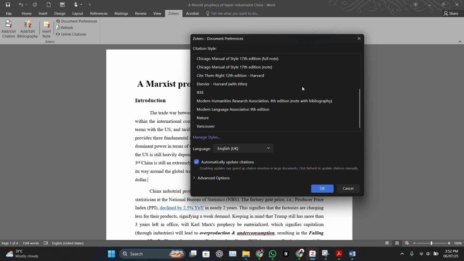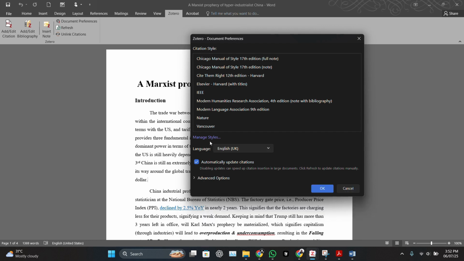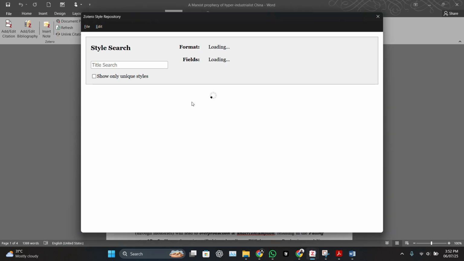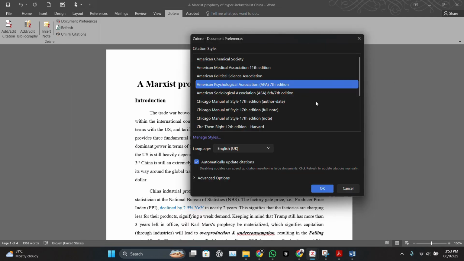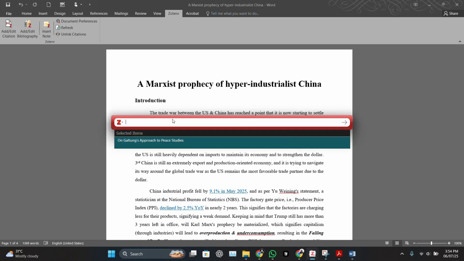If you cannot find your referencing style here, just go to the advanced option, sorry, don't go to the advanced option. Go to manage style, and go to the additional settings. Just search your reference style from here. For me, it will be just APA 7th edition because I want to do a simple in-text citation. Just click OK. After clicking OK, click on Add Citation again, and a tab will open here,